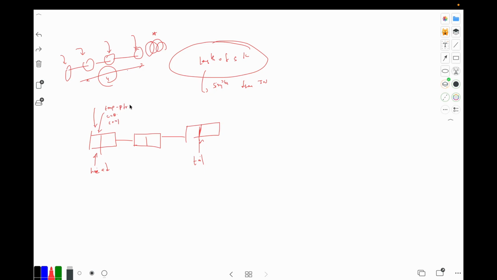And you'll move this temp pointer to the next node. How will you move a temp pointer to the next node? Temp pointer equals temp pointer dot next. That's it, right? If you want to move to the next node, because they are connected, then you can simply point your temp pointer to the current next. Then you'll go here, and now temp pointer will be pointing to this particular node,